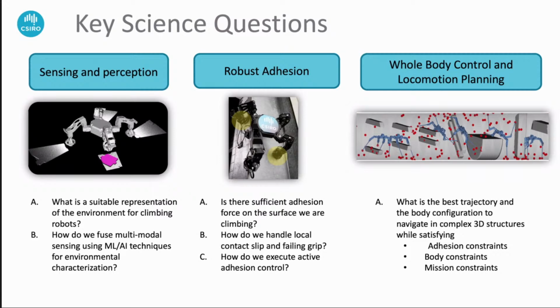We have to take into account not only the adhesive constraints, the mission constraints, the body constraints, but also the dynamic constraints. What is the maximum torque that the body can hold? Is the leg going to slip? What are the maximum frictional forces that the body can hold, right? So all these constraints in a very complicated fashion start influencing the way the body trajectory moves. And one of the open problems that we are looking at is basically looking at whole body trajectory planning and optimal and robust planning and control for these kind of systems